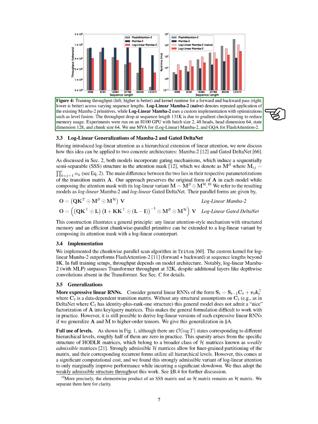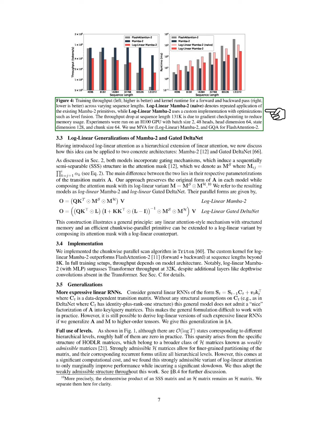We maintain the original form of this matrix in both models while combining the attention mask with its log linear version. We call the resulting models log linear Mamba 2 and log linear Gated DeltaNet. This approach demonstrates a broader principle. Any linear attention mechanism with structured memory can be adapted to a log linear version by integrating its attention mask with a log linear counterpart.